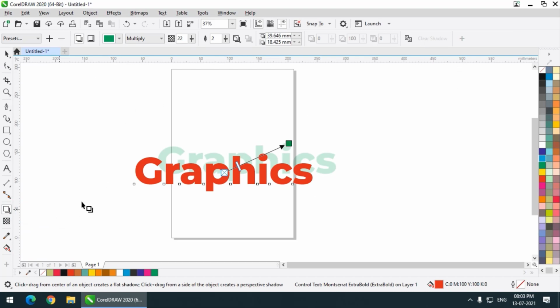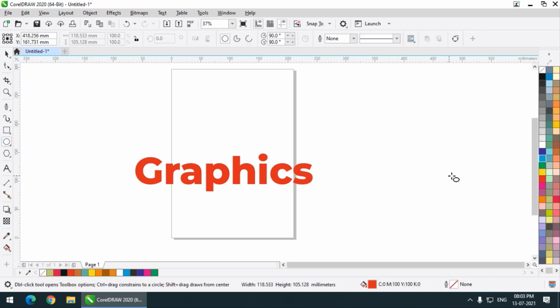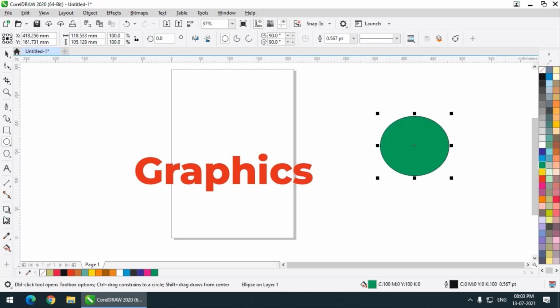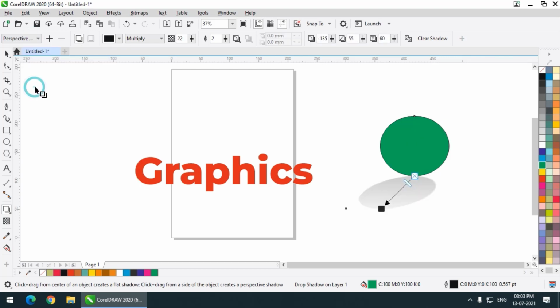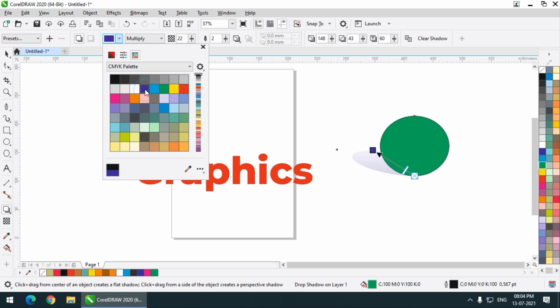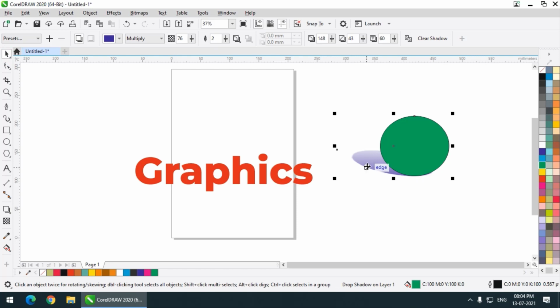Now after the shadow we have, and one more thing. Let's say I want to copy some values, let's say I create a shadow, so I will use this one. These are the properties that I want to copy to this particular text. So what I can do is simply select first. I will change the color so that you will understand clearly. I will also increase the opacity.